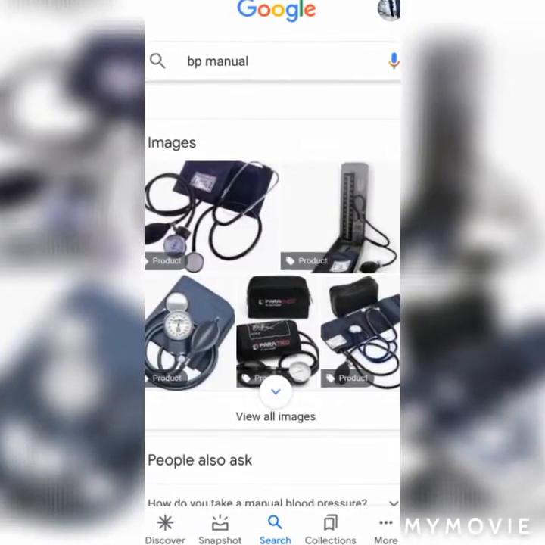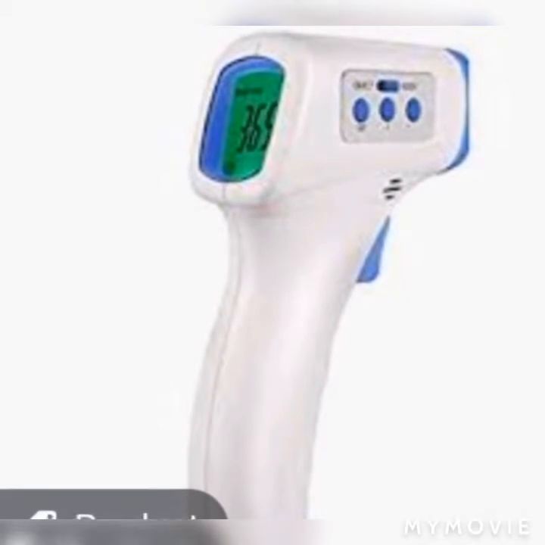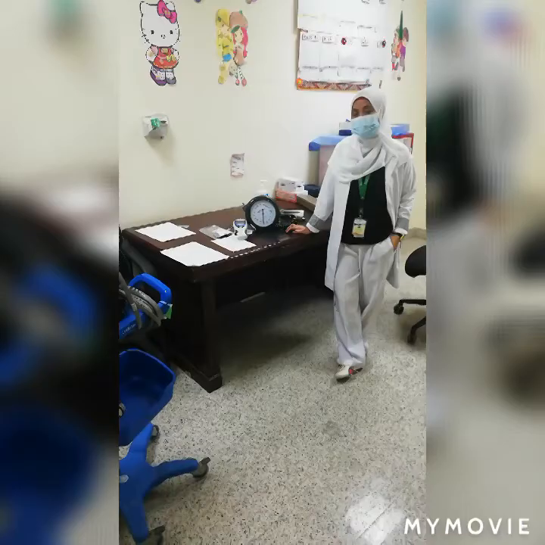In this vital sign, maybe I'm not teaching all of you, I just share a little knowledge about how vital signs are done in KSA, because KSA is a different country from others.